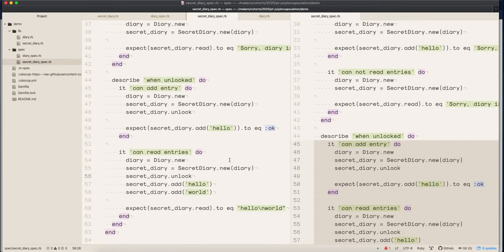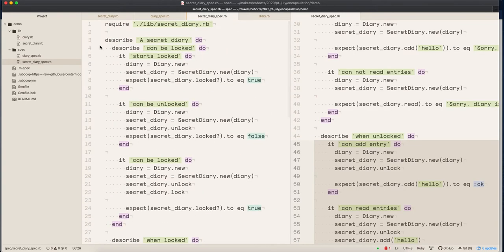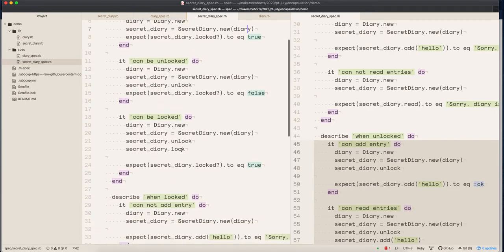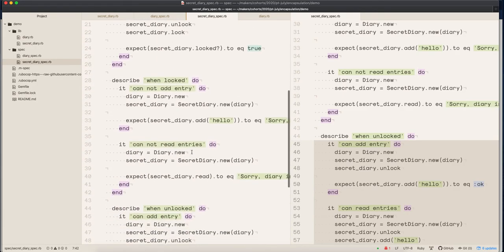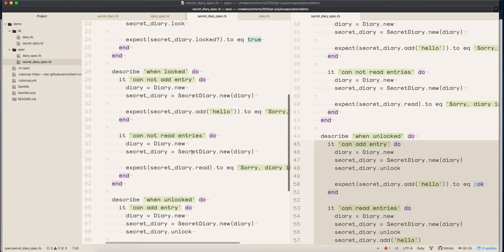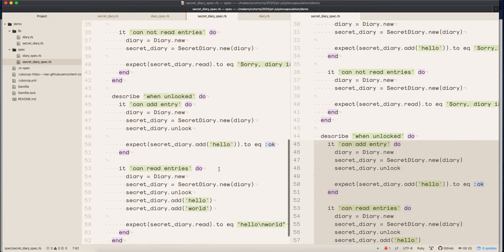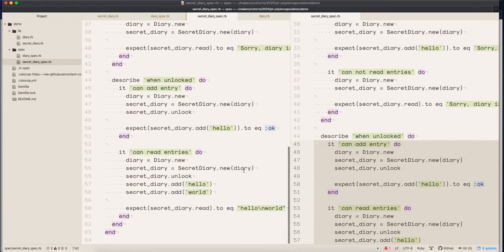Okay, so I've just quickly created an instance of diary and I'm going to inject it into my secret diary. So I'm going to keep the locked parts of it. And I'm going to essentially keep everything as is over here, but I need to find a way to,